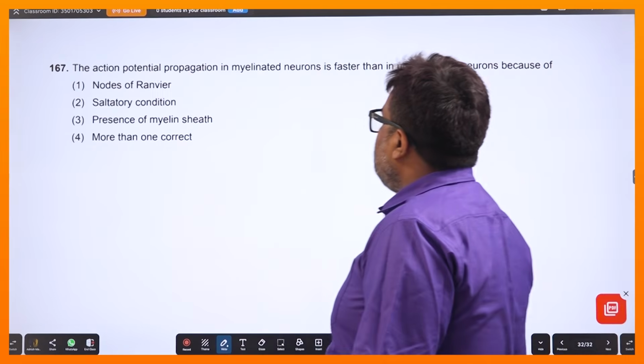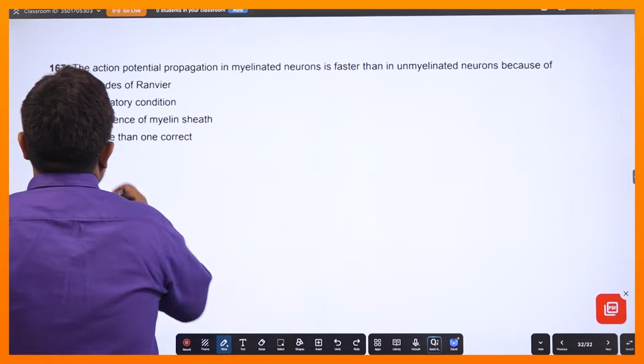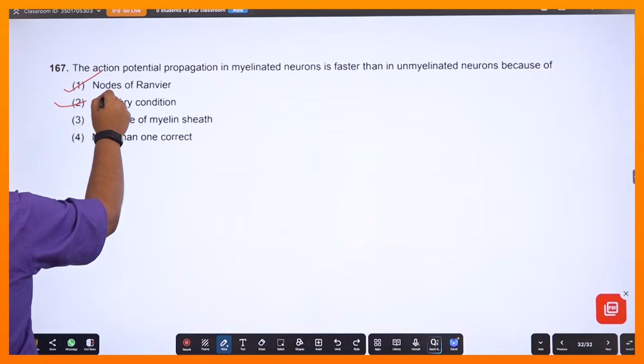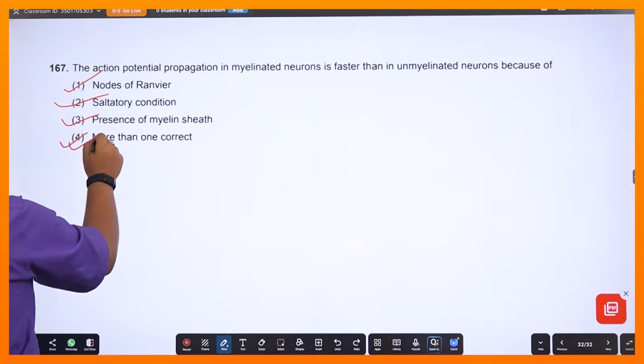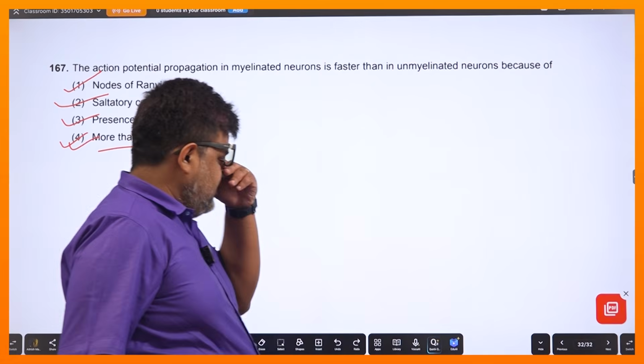দ্য অ্যাকশন পোটেনশিয়াল প্রপাগেশন অফ মাইলিনেটেড নিউরনস আর ফাস্টার দ্যান আনমাইলিনেটেড, কারণ বেসিক্যালি ওই নোডস অফ র্যানভিয়ারের উপর দিয়ে সলিটারি কন্ডাকশন হয় কারণ মাইলিন শীট থাকে বলে। কাজে মোর দ্যান ওয়ান কারেক্ট, দিস ইজ দ্য আনসার, ঠিক আছে।